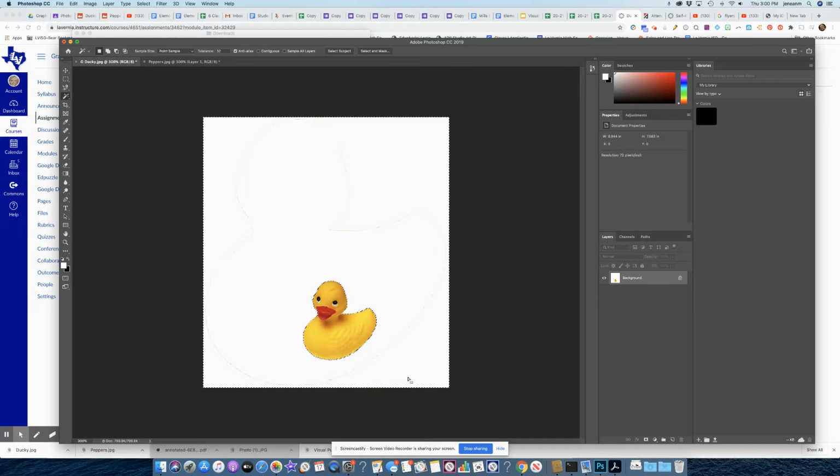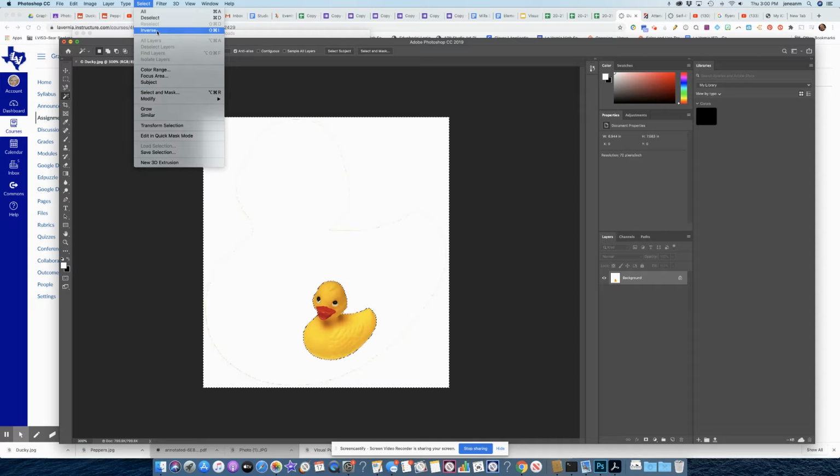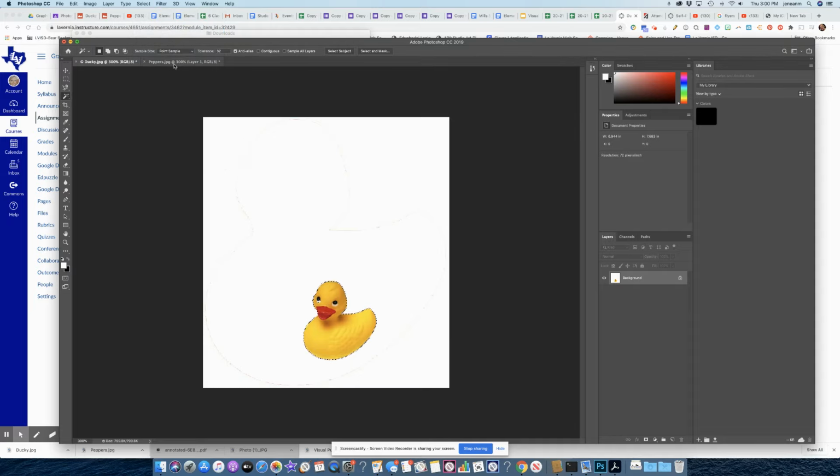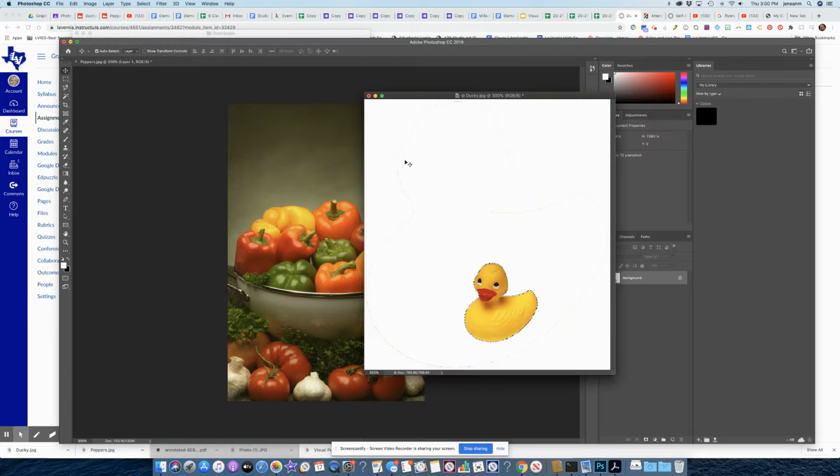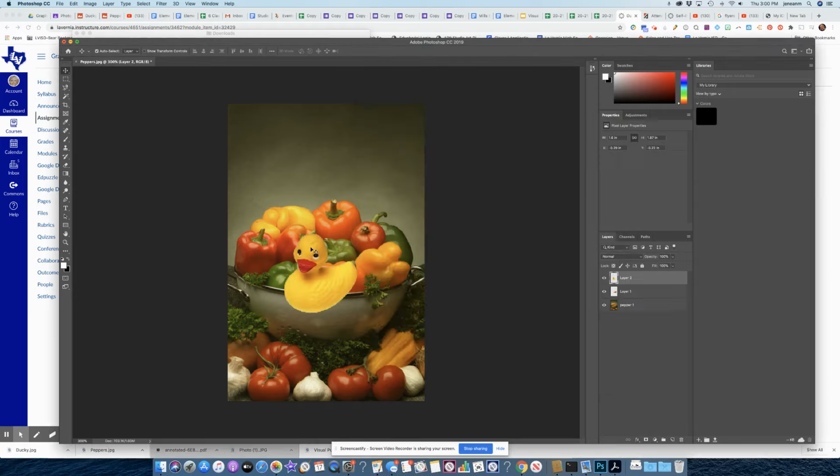All right, so again, now I don't care really about this background. I want to select the duck, and right now it's only doing the background. So I'm going to go to select inverse, and now it's selecting the duck. All right, and that's all I want from here. So I'm going to drag my tab out of the window, and I'm in my arrow, my top cross arrow,